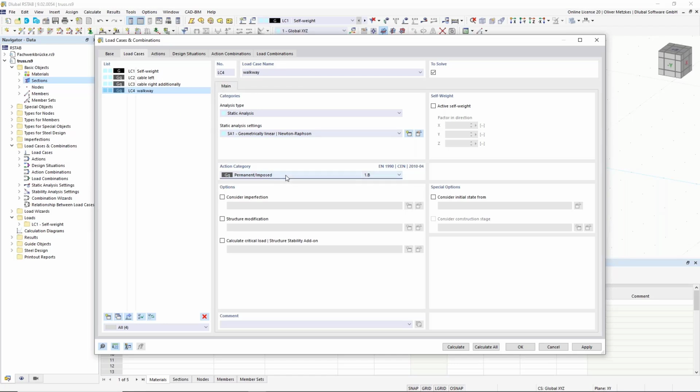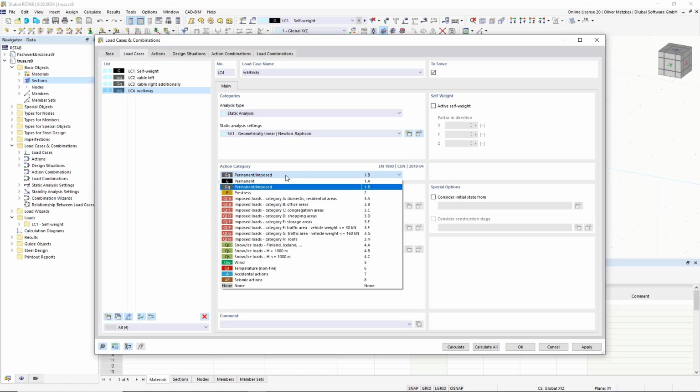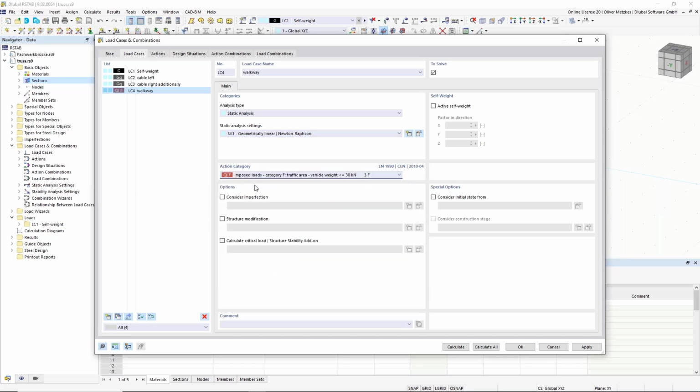So the walkway, that would be of an action category of the live loads. So I will just choose one here, this action category. And the action category defines also the combination factors and the partial safety factors that will be used later. Okay, so now I have also my load case number 4 for the walkway, and I will create another one,